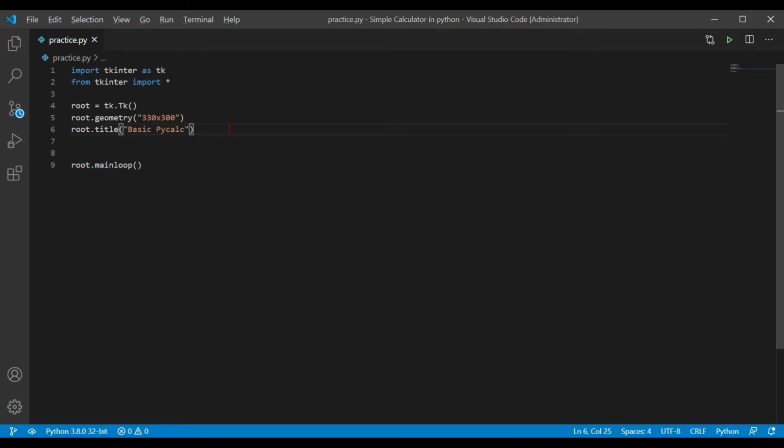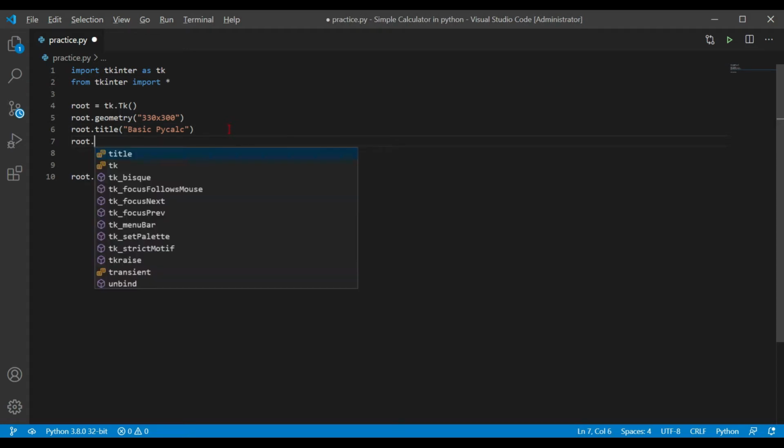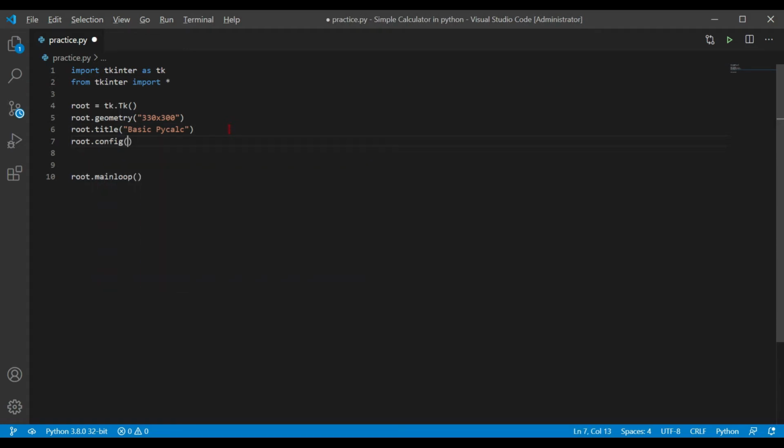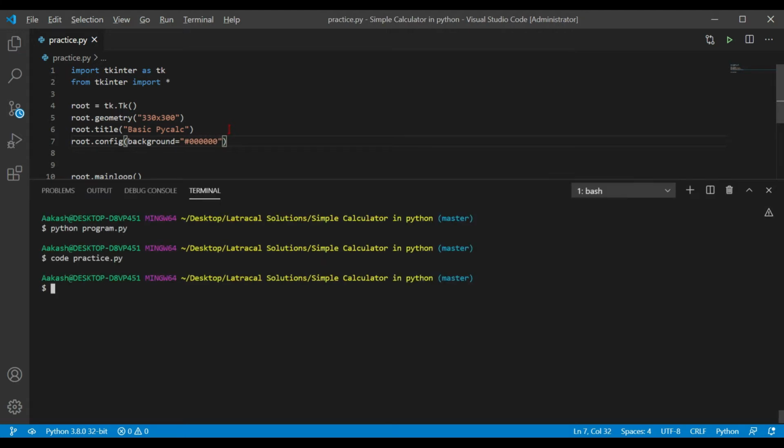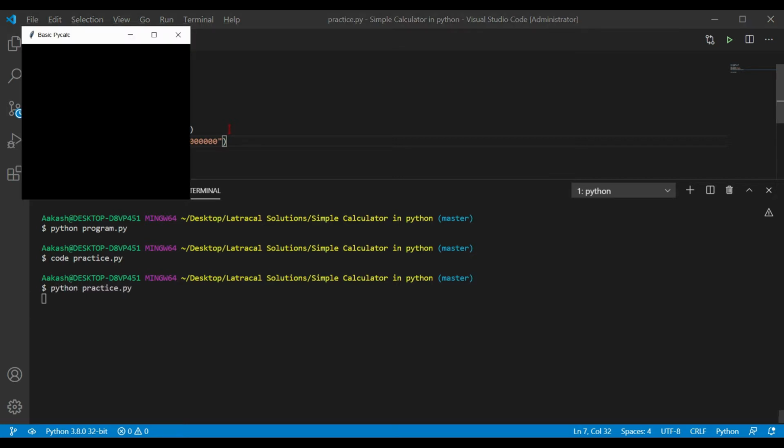And of course a background color. So root.config, background, and it should be black. Perfect. Let's see how our window looks like. Okay, all our front-end stuff would be placed in this window.